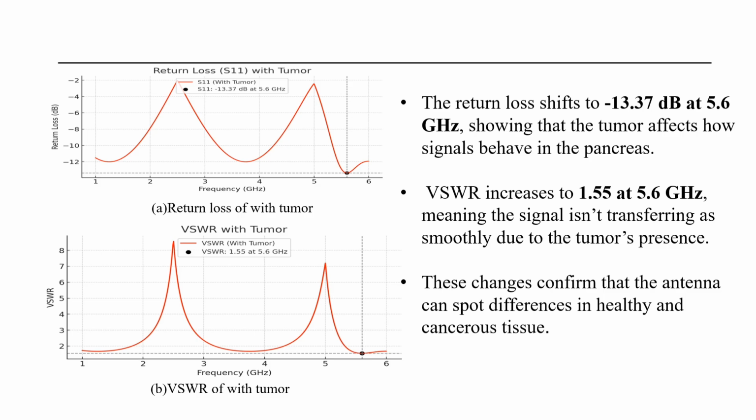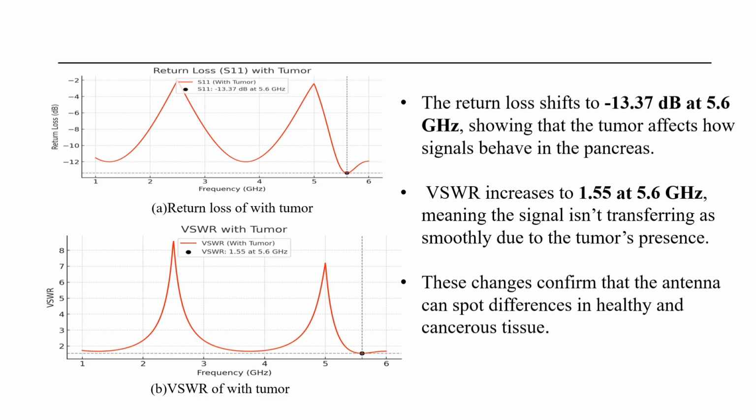And the return loss of minus 10 dB indicates that the tissue with the tumor is likely to be able to absorb and radiate appropriately. The return loss of the tumor tissue implies that the microstrip patch antenna may be able to detect minute variation within the tissue. And the voltage standing wave ratio, that is VSWR analysis for pancreas with the tumor,